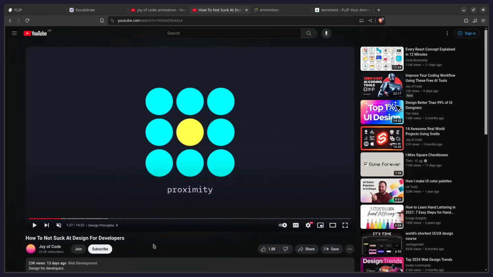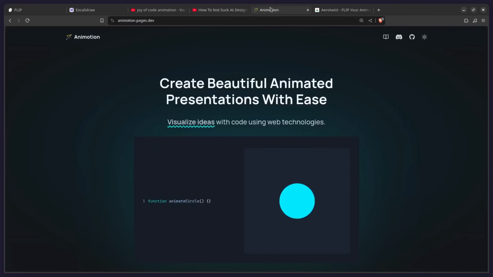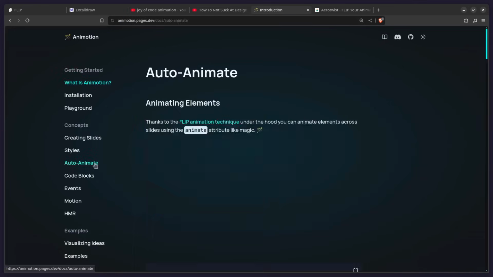And instead of doing that, I can just spend 2 seconds using flip animations, which to be honest, I should have done here, but sunk cost fallacy. I was like, okay, I'm not going to use flip at this point. And if you're familiar with Animation, you might be thinking, doesn't Animation already do flip animations? And that is true. For example, if we go to the docs here, to auto animate,